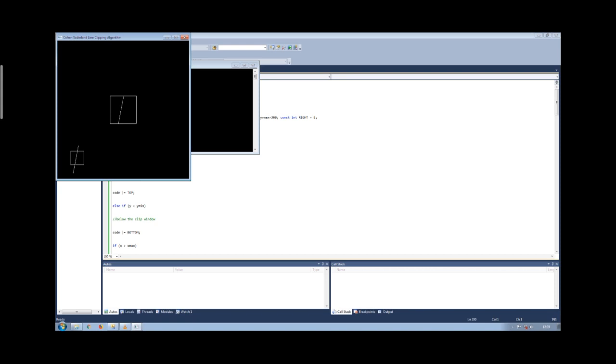That's it, guys. That is about the Cohen-Sutherland line clipping algorithm. Watch the videos again, refer to my previous videos as well, and note down the things. You are supposed to write down the contents in your observation book as well as your lab journal book.